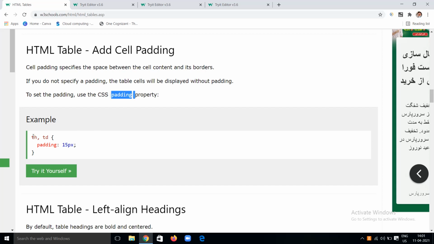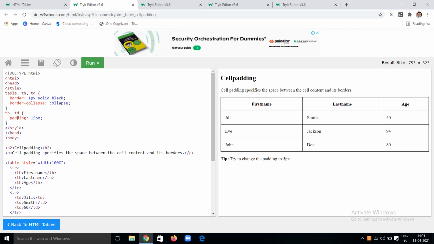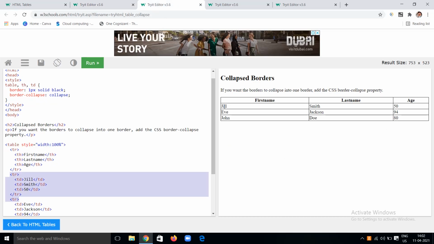In the styling, we can apply this padding property. Same as with internal CSS, I am giving padding for only the th and td, which is the header part and the data part, not on the table. I'm not specifying table padding. I'm giving it for the header and also for the content. I'm giving 15 pixels. You can observe the distance between the data. We can observe it is not there in the previous example. You can see the data starts from the left line and no padding will be there.